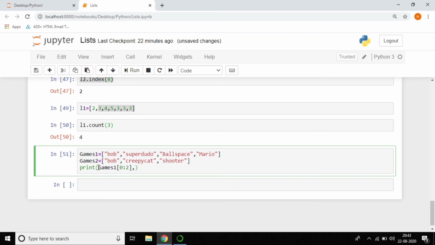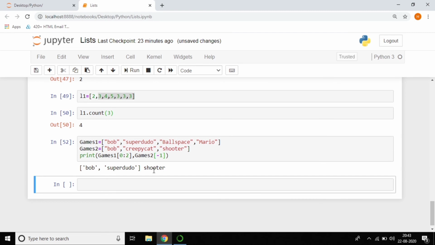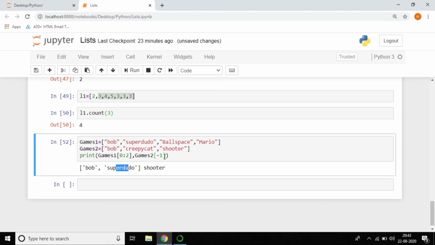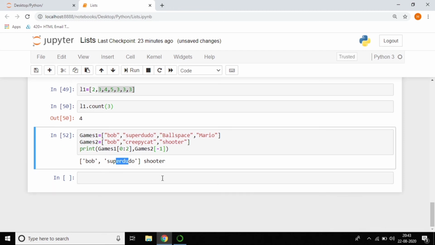And from list 2 I want only Planet Shooter, so you can give games2 with -1, and you can see the output. I'm getting Bob and Super Doodle from the first list, and Shooter from the second list. So guys, this is the way to get items from two different lists.